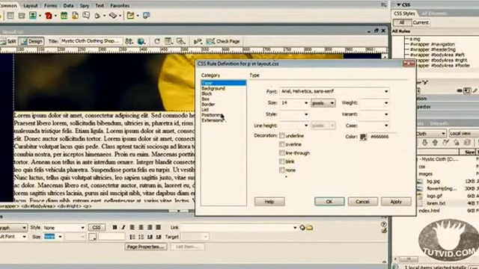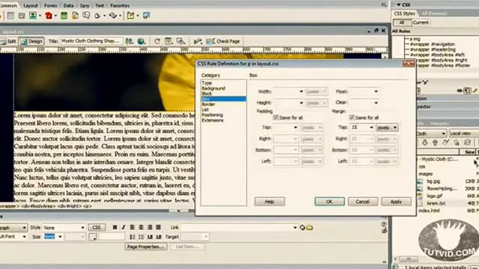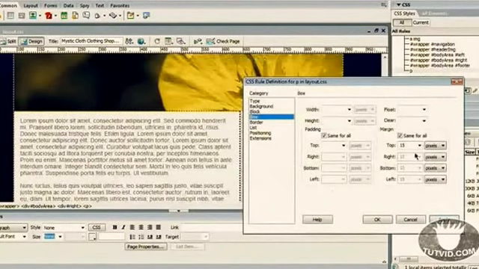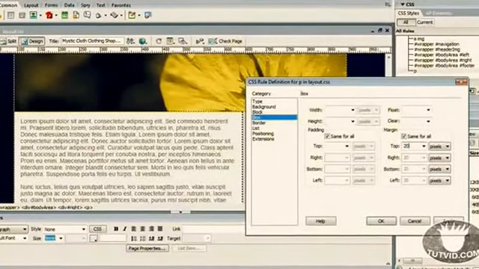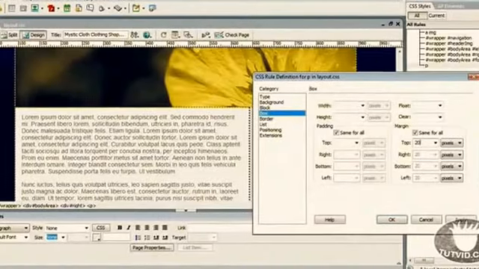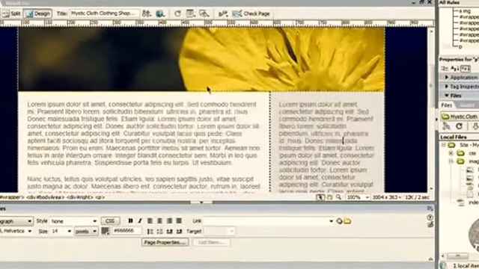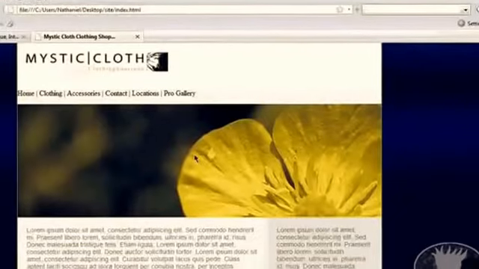And let's come over here to box. And we're just going to give this a margin of about 15. And we're going to leave same for all checked. And hit apply, and we're going to see what it looks like. Not bad. Maybe a little more margin won't hurt it. 20. There we go. I like it. Hit OK. And hit F12. It's going to tell me to save that CSS file. And here we go. Got nice formatted text